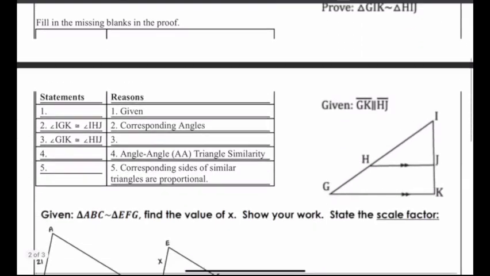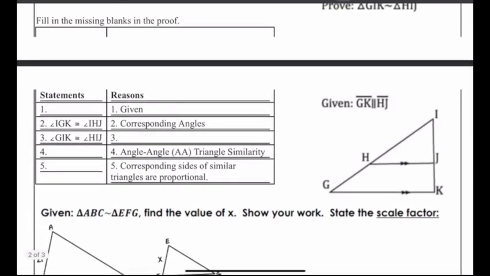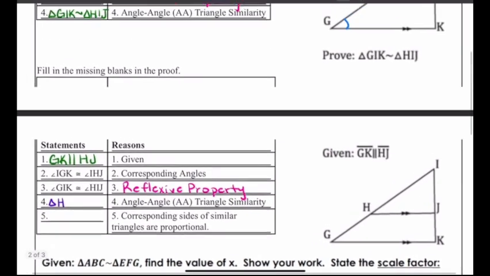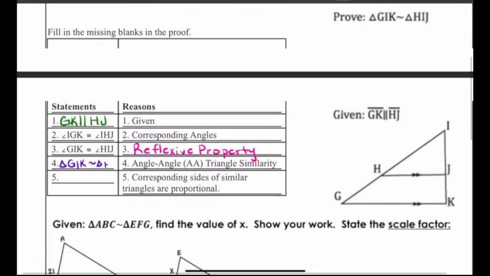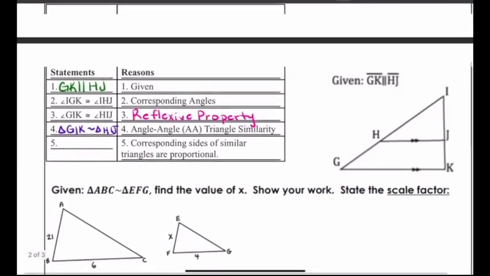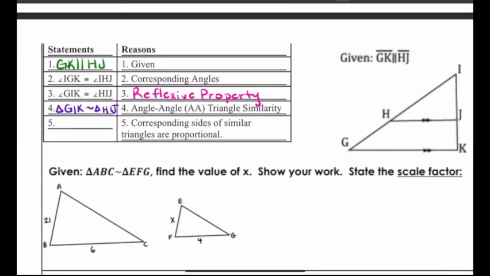Okay. Same thing for the next proof here. I'm going to go ahead and fill in the information that we already started with. So we know GK is parallel to HJ. We know that those two angles were congruent because of the reflexive property. Okay, this is basically the same proof. I just added one more step here. And now finally, we know that triangle GIK is similar to triangle HIJ. Okay. And in this proof, I know it doesn't say what to prove on here, but in this proof,